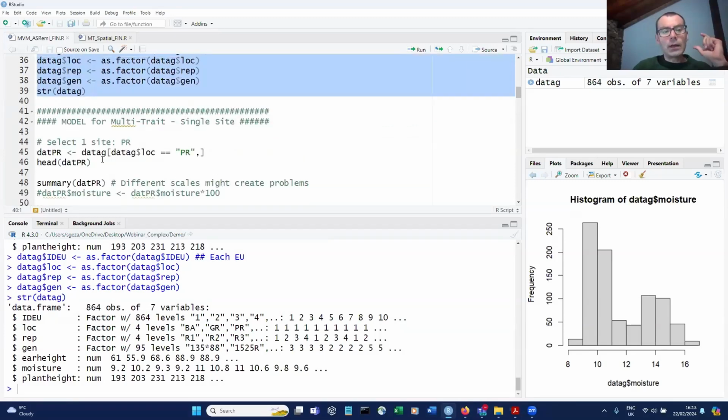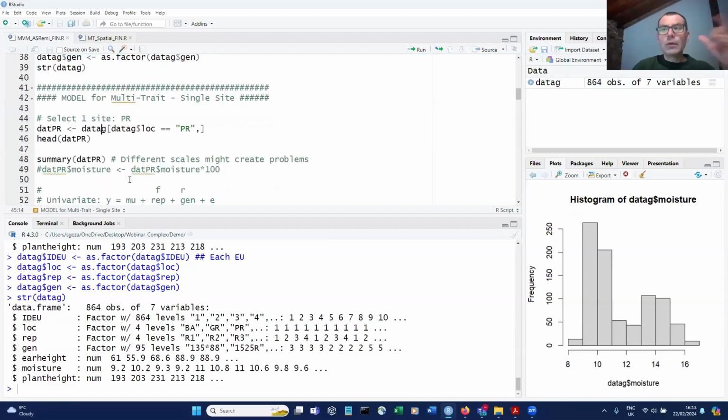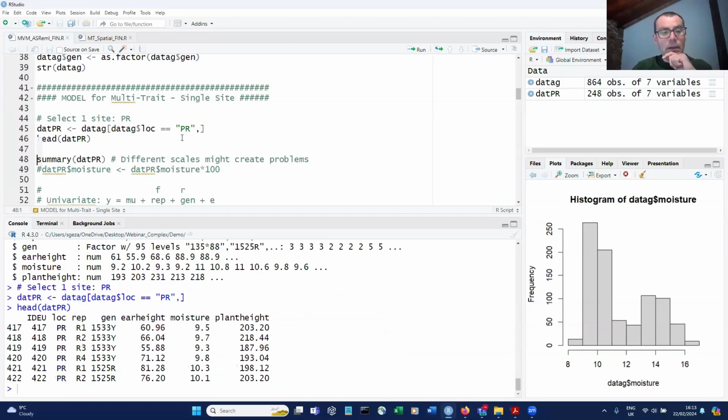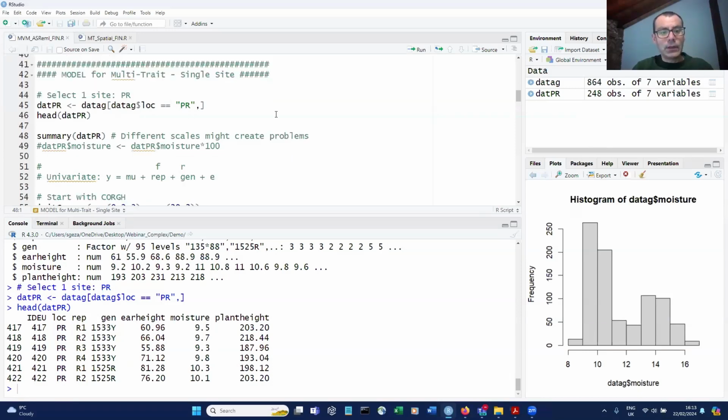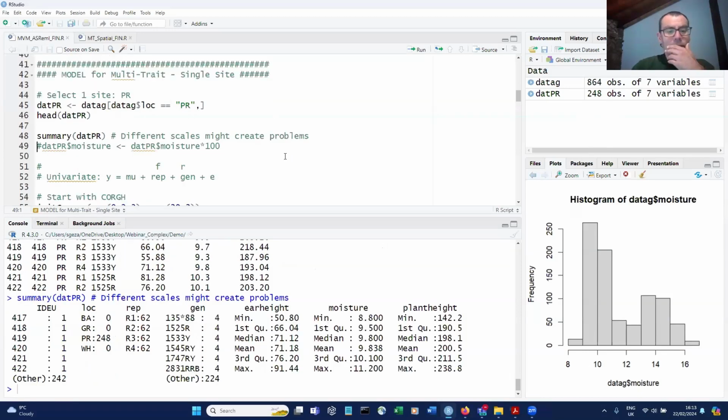I'm going to start with one site to do a multi-trait. Okay, so I'm going to filter for the location PR. This data set obviously is much smaller. It's only 248 of the total observations. I do a calculation